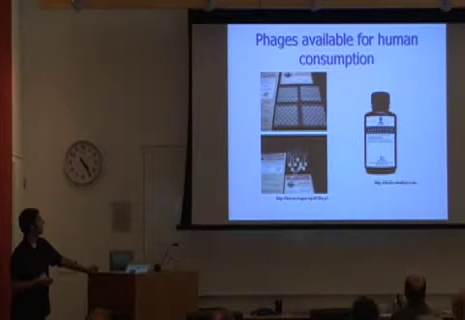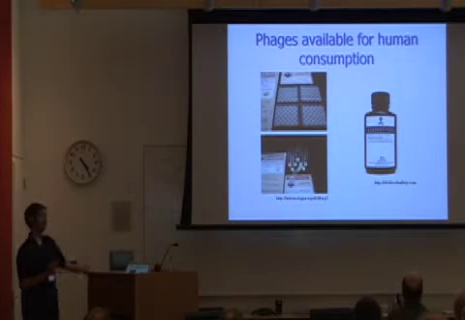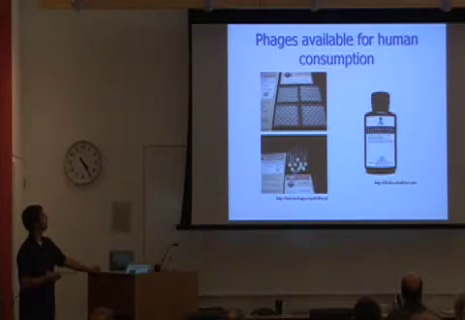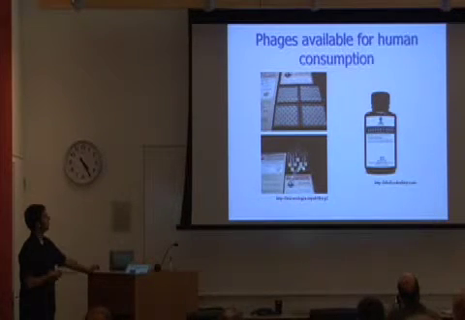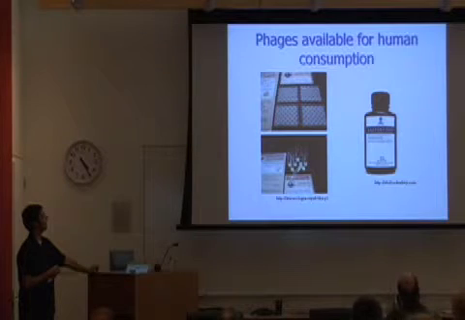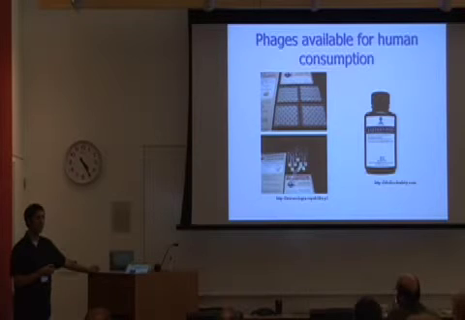So these are some phage products that are available for human consumption right now, somewhere in the world. This is something called the Phage Biology. Of course, it's not sold here. It's sold in Poland and in Russia and Georgia. This was developed in Georgia, and this is a very clever delivery device, which is a mixture of 21 phages plus ciprofloxacin plus a local analgesic. It's all impregnated into these little bandage-looking pads, which are